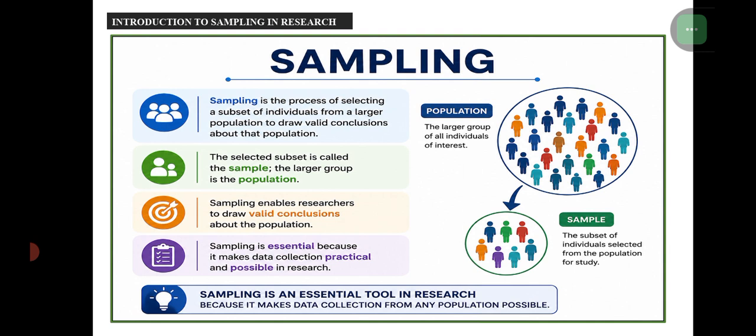Assuming you want to know the weights of students in a particular university, we may not be able to test all the students that are there. So we may just choose a few of them that we can manage, that is statistically okay to work with. And if we're able to get a mean weight of 70 kg based on that sample we have worked on,